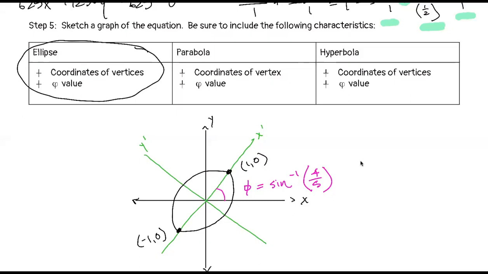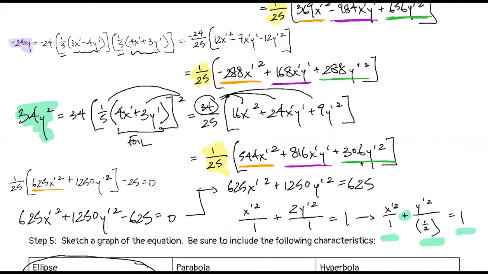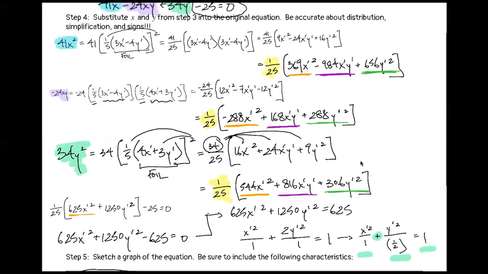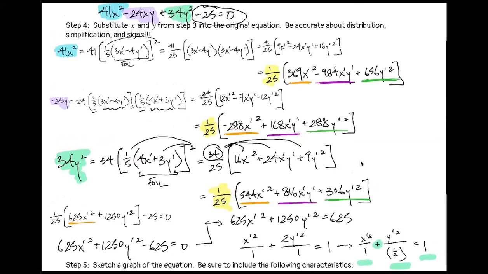I have one little question. When we were distributing the 1/25, I think I kind of missed how that happened. Or, like, where it came from? Well, I know where it came from. I'm just confused as to how the 25 is the only number that changed. Because if you multiply 1/25 times 25, you get 1.